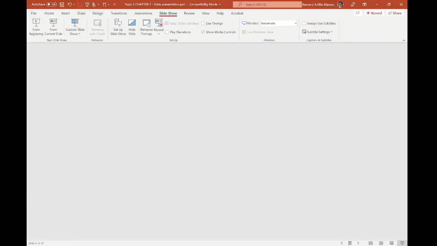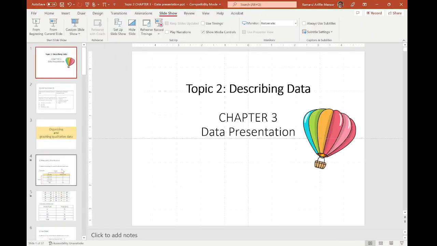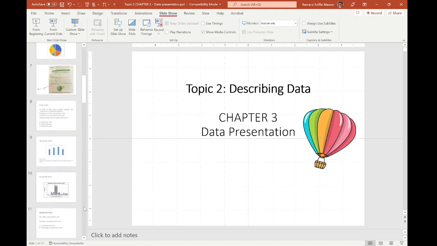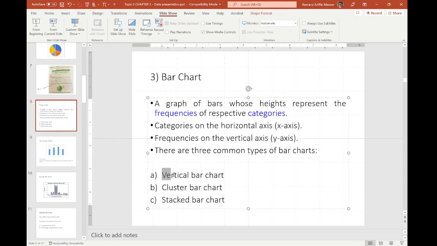Let me just correct this one. This one is supposed to be simple bar chart, not vertical bar chart. Simple bar chart, and then